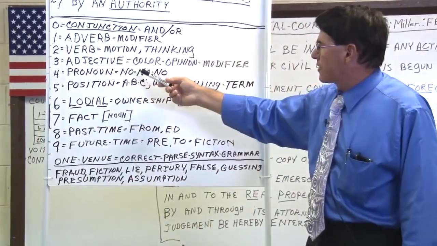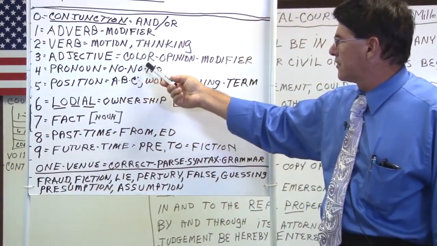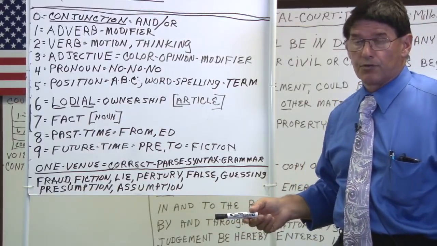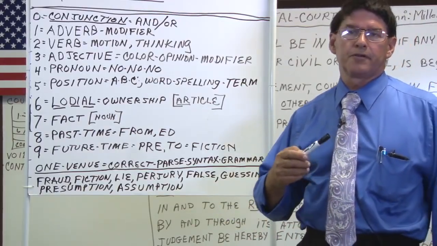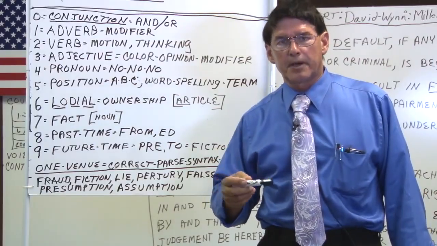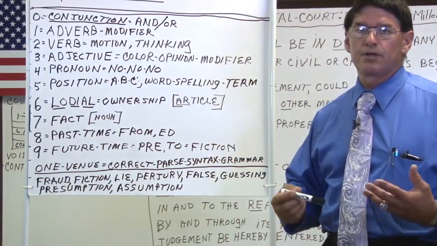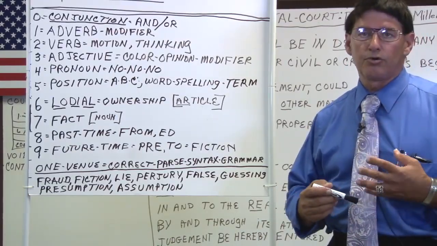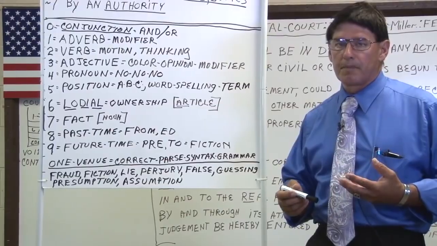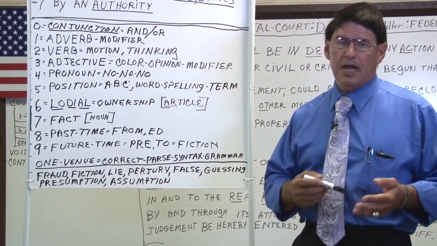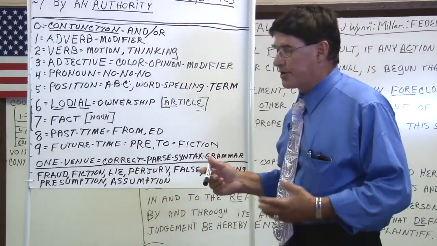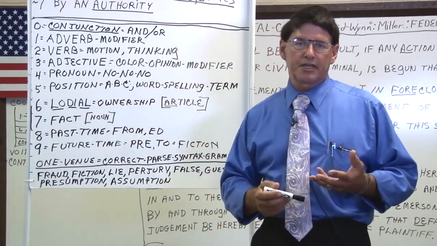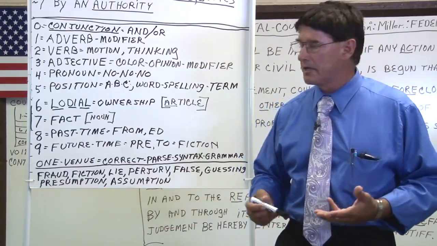Now 3 is used for an adjective because an adjective represents color, opinion, and modifier, or modification, which means you're going to change something or try to influence an individual's ability to think by coloring it. If you color something and you change it, you're actually committing perjury because you're injecting your own prejudice or your opinions based on how you're going to describe it. And the word describe, de means know, ascribe means to write. So you're changing the condition to create a no written document.